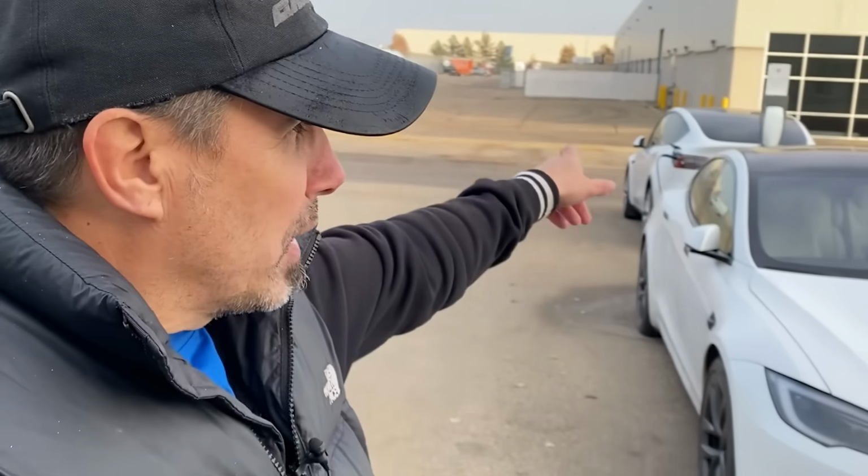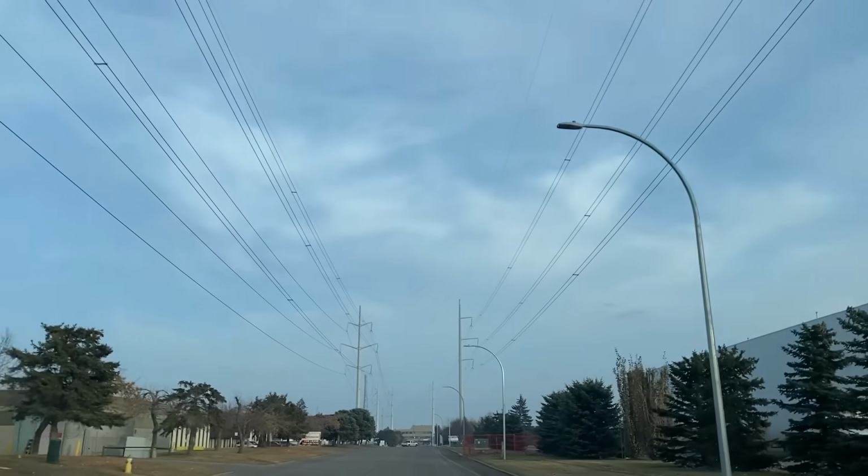So all that extra infrastructure is going to cost. It doesn't matter if you're buying a new Tesla or a used Tesla, it's going to cost you to set all that up. Some people have to upgrade their services in their home. Some people only have a 60 amp service at home and they have to upgrade to 100 amp. It might need further trenching underground. It might mean the local utilities have to carve underground and bring larger wires, a bigger breaker, upgrade your panel, and mount the equipment outside the house. It might also